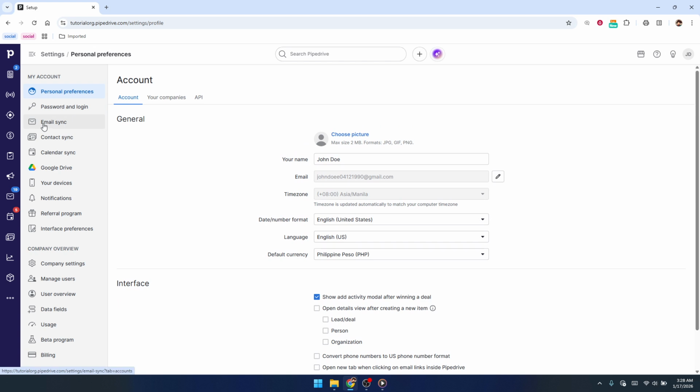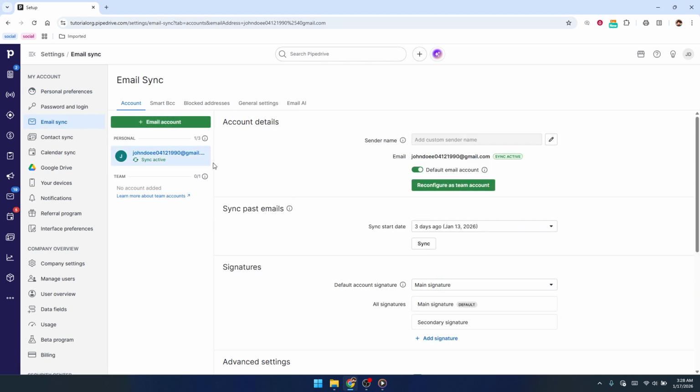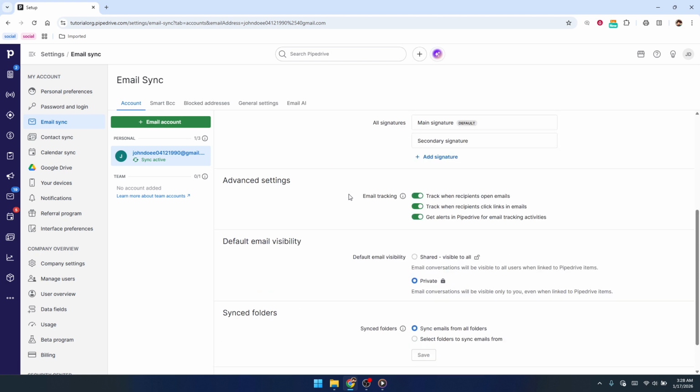After you open Personal Preferences, look to the left-hand side of the screen. You'll see a sidebar with different tabs. Find and click on the tab called Email Sync. This is where Pipedrive manages how your email account connects to the platform, as well as how your messages are shared or kept private. Once you're in the Email Sync tab, scroll down the page until you reach a section